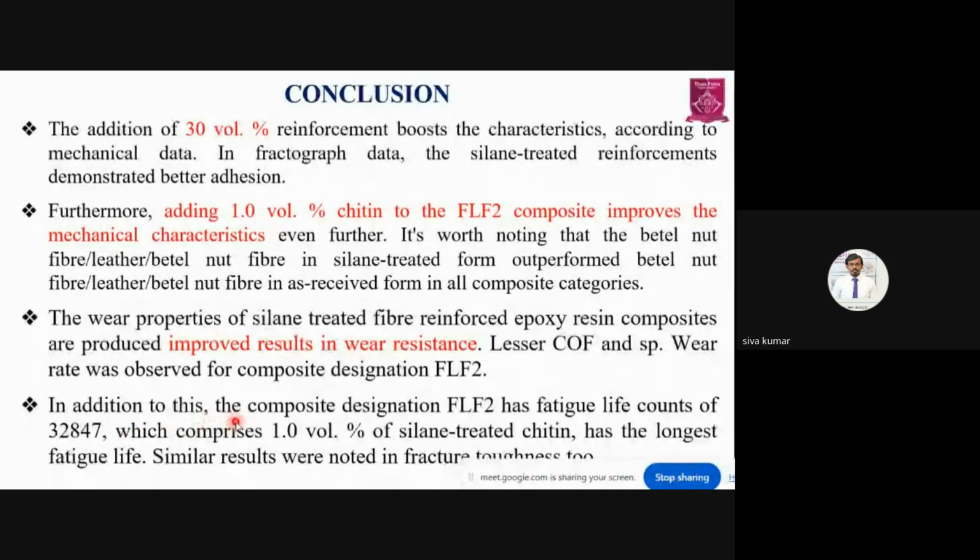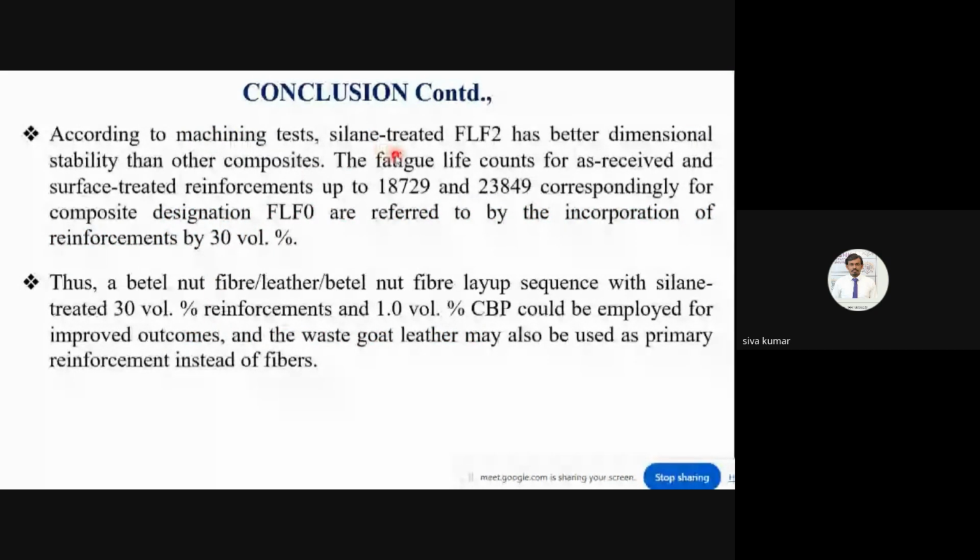In addition, the composite designation FLF2, that is nothing but 1% CBP, improved the fatigue life count drastically, to about 32,847, which comprises 1% volume Ceylon treated and chitin added. It is the largest fatigue life compared to the other specimen designations. According to the machining testing, Ceylon treated FLF2 has better dimensional stability than the other designations. The fatigue life counts for as received and surface treated reinforcements are 18,000 and 23,000 respectively for composite designation FLF0,